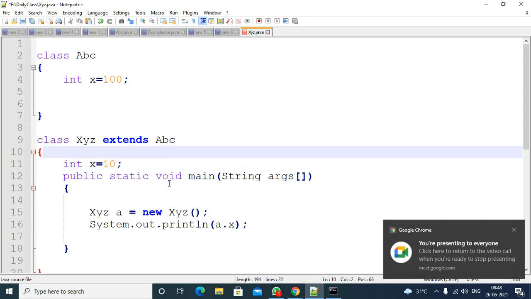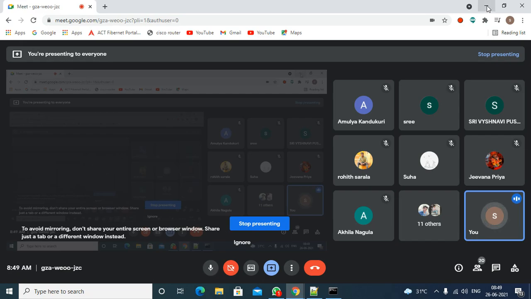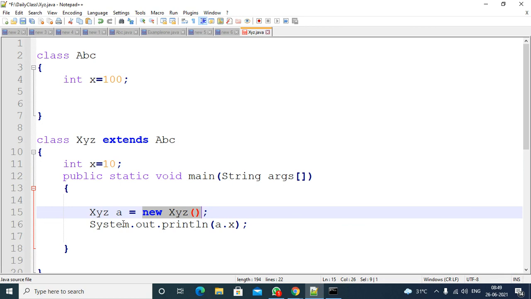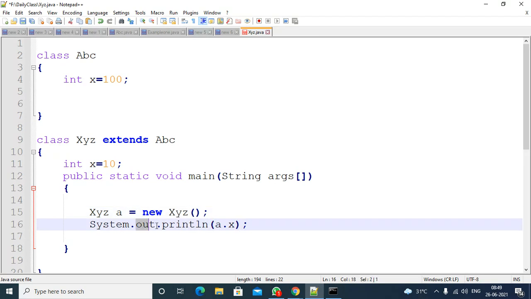Right. So whenever you create an object, what will happen? Anyone? What happens when an object is created? First it will identify the instance members from parent to child. Then it will assign the values and execute the instance blocks from top to bottom, that means from parent to child, and then constructor execution: the parent class constructor execution is completed, then the child class constructor execution is completed. After that, it will call this line.